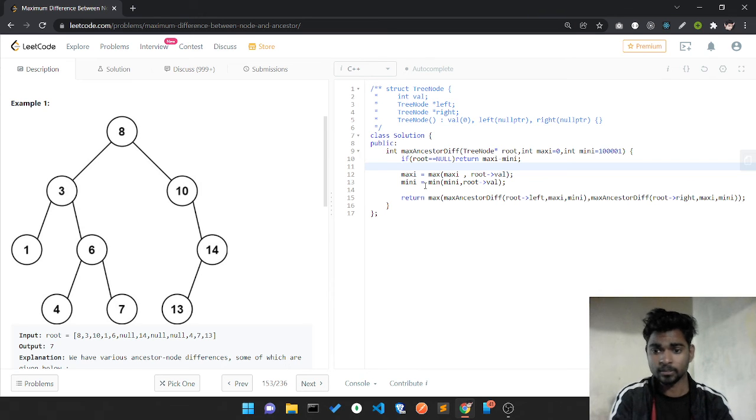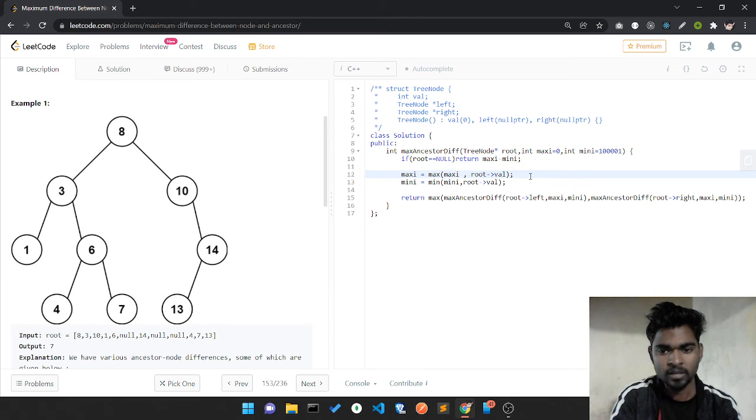Let me explain a little bit what I am doing here. If I reach a root to leaf, I return maxi minus mini, and in that part I update my maxi mini at the point of the current node. Let's say I'm on this 8, so it's my current node. If my maxi contains a lower value, it updates to 8.